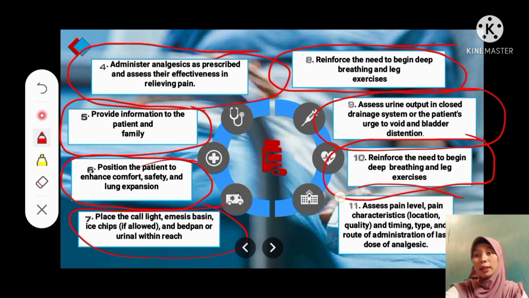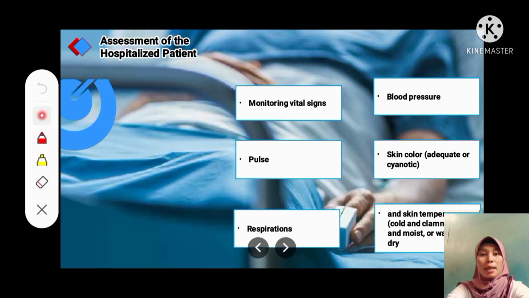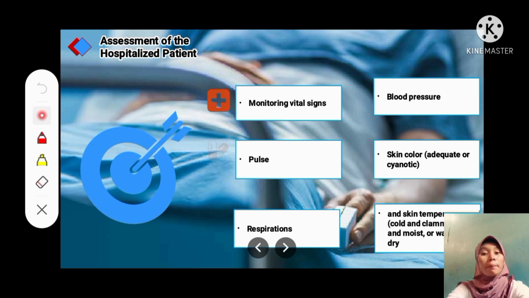Assess pain level, pain characteristic, location, quality, timing, types, and route of administration of last dose of analgesic. So the rationale is assessment provides a baseline of current pain level, and for the assessment of effectiveness of pain management strategy. And then next is assessment of the hospitalized postoperative patient, including monitoring vital signs, and completing a review of the system on arrival and admission to the clinical unit. So next is pulse, and then